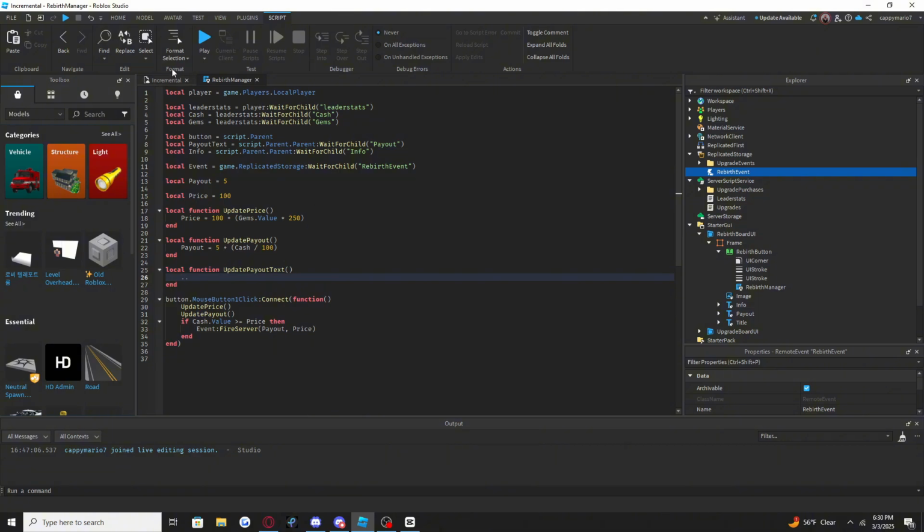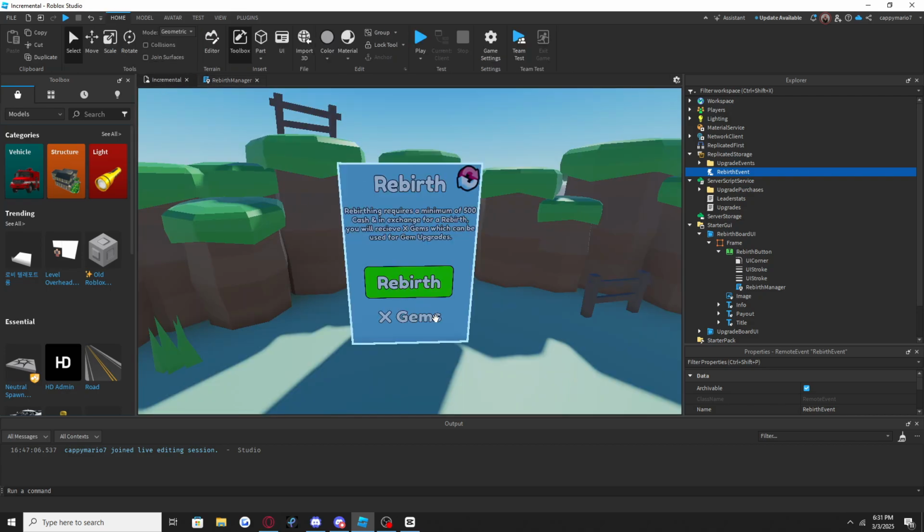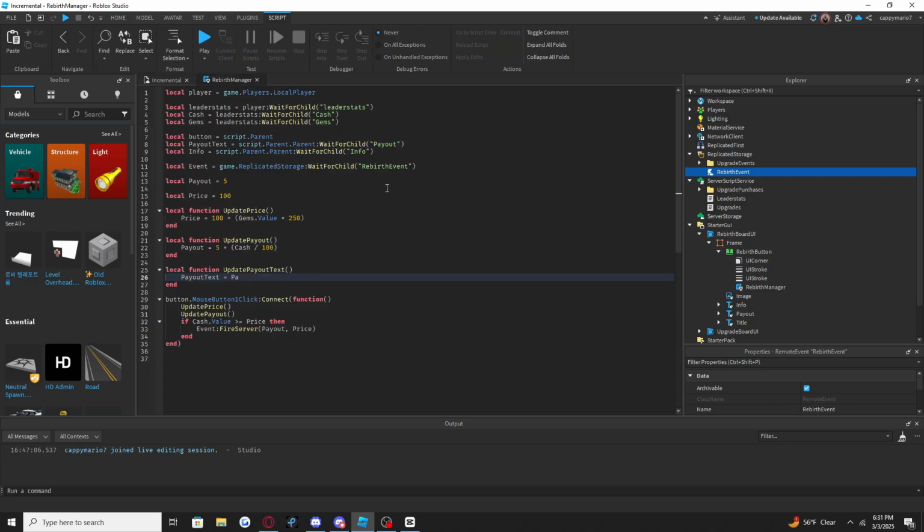We can do payout text is equal to payout. That is actually not correct. Okay, wait. Payout text dot text is equal to gems